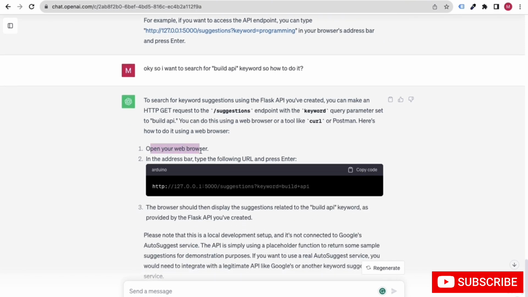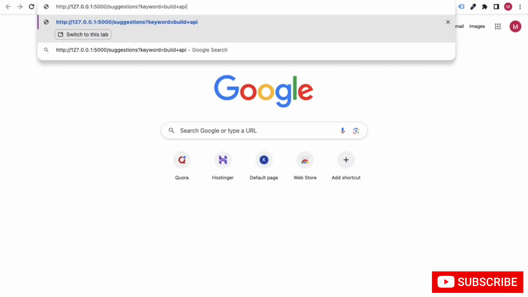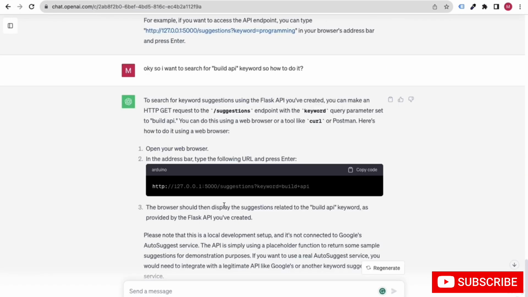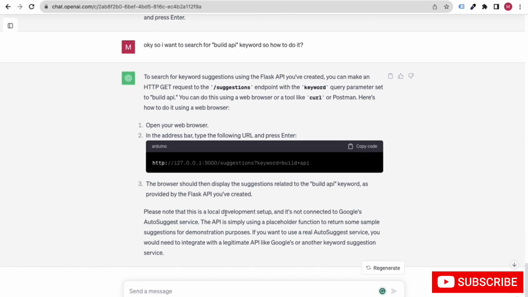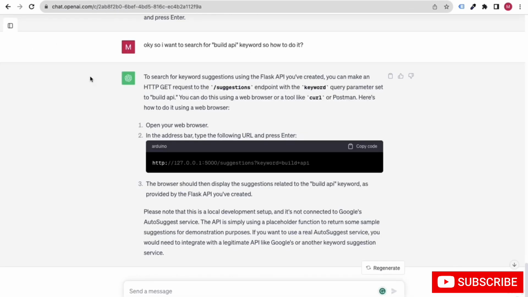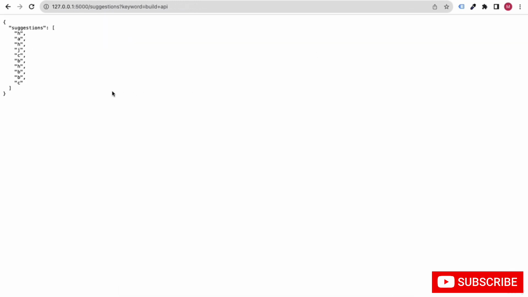It's saying, open your web browser, and in the web address copy the following URL. So I have copied it, and now I am going to paste it and click on enter. It is going to give me suggestions, but the thing is that it is in a local development setup and it's not connected to the Google auto suggestion service, my friends, right? So it will just place some parameters only, but the thing is that it is actually working, and